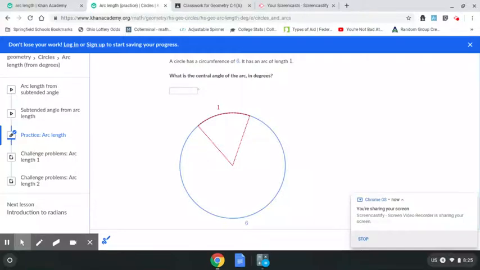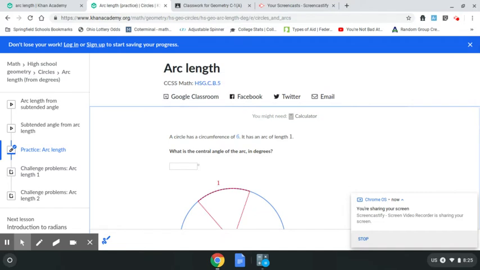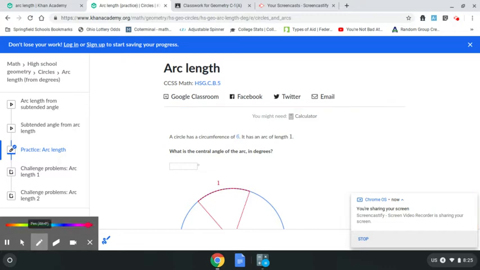Hi, everybody. We had a couple questions on these set of example problems here, which is on arc length. Mr. Howe posted an example of how to find circumference earlier on today. Hopefully, you're able to watch that to guide you. For all these problems, in case you've forgotten or in case you didn't watch the Khan Academy video, the formula